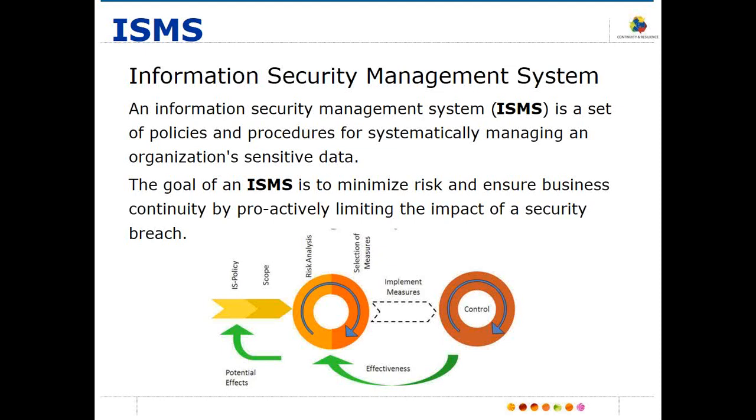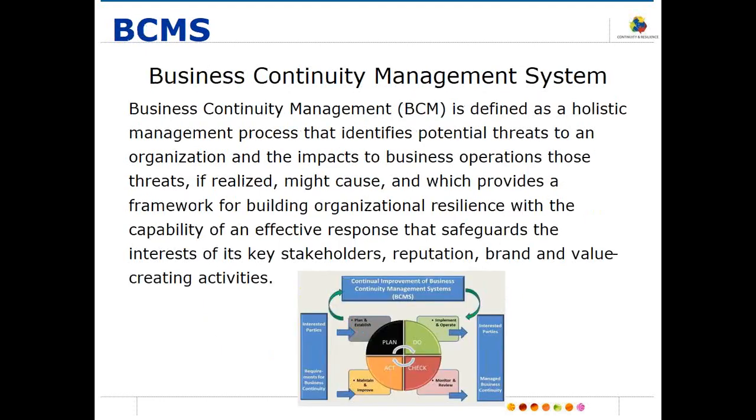That is all about Information Security Management System, and it again works on the PDCA cycle: Plan, Do, Check, Act. Business Continuity Management System, BCMS. It is defined as a holistic management process that identifies potential threats to an organization and the impact to business operations by those threats, if those threats are realized, and which provides a framework for building organizational resilience with the capability of an effective response that safeguards the interests of its key stakeholders, reputation, brand, and value